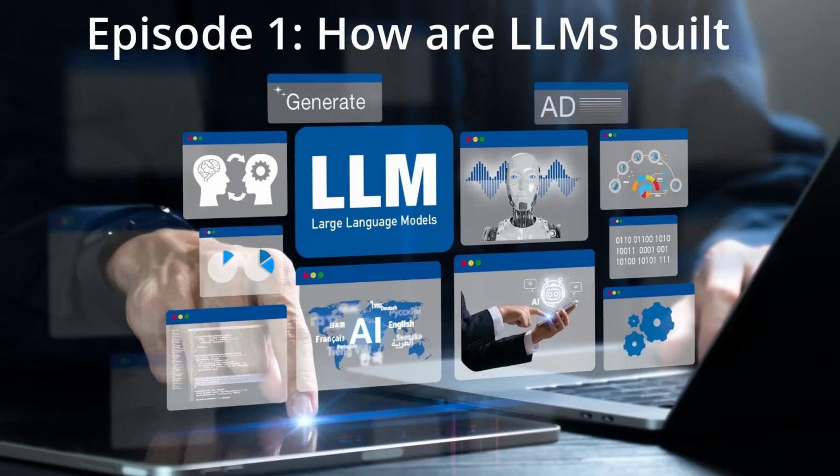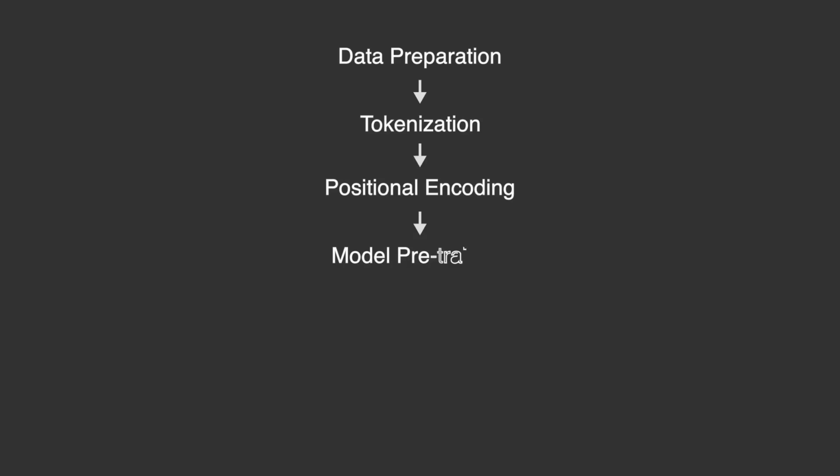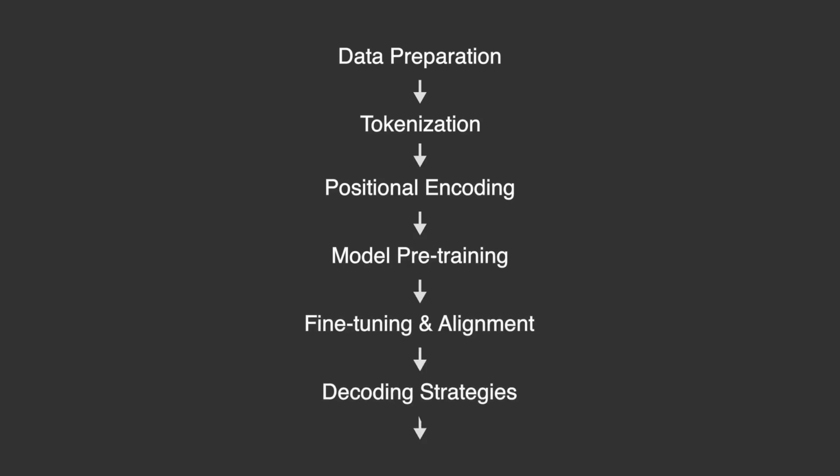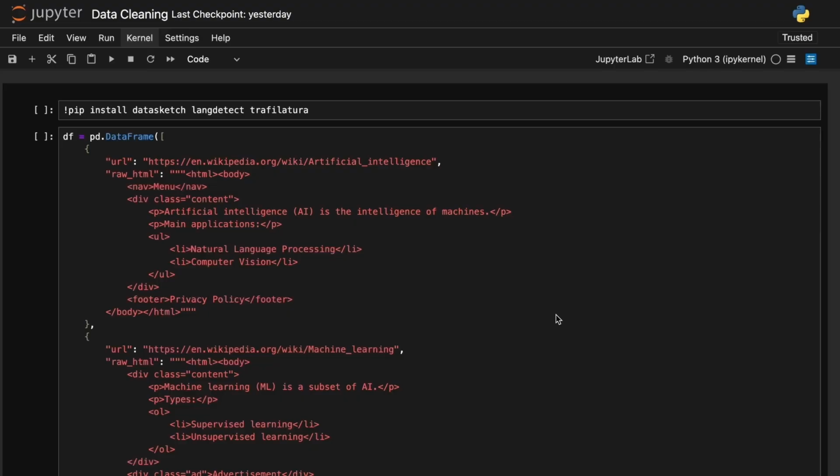Building an LLM is a complex multi-step process that involves everything from collecting and cleaning data to training massive neural networks and fine-tuning their performance. In this episode 1 of How Are LLMs Built, we will dive into the first step, data cleaning. We'll break down the data cleaning process into its core components and walk through the process one by one using